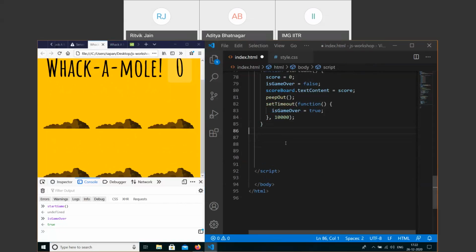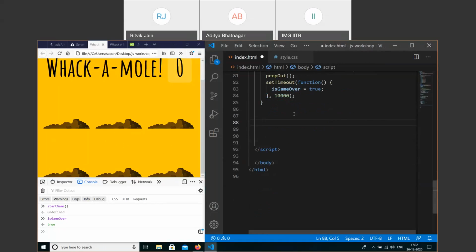So now what we want to do is to handle the click action of the user, right? Whenever a user clicks a mode, we want the score to get updated. We have some things to do, some updates, some variables to assign, which we want to do as the user hits the mode. Okay, so for this